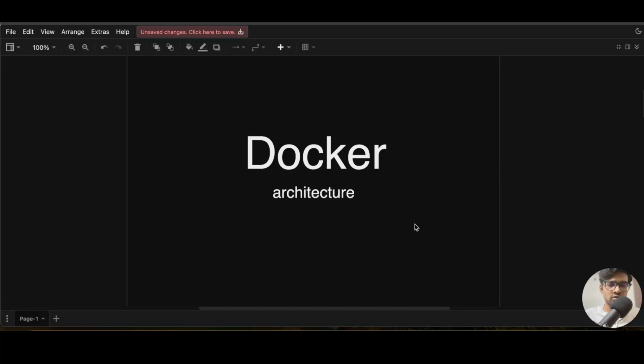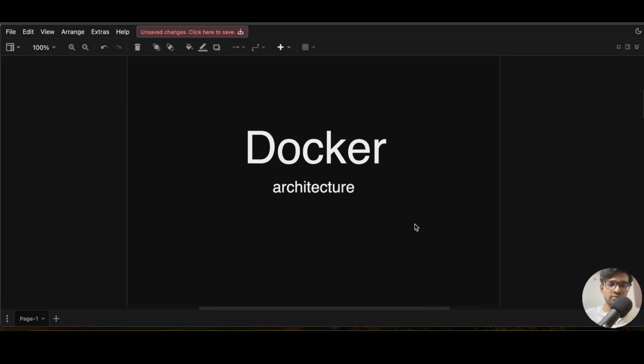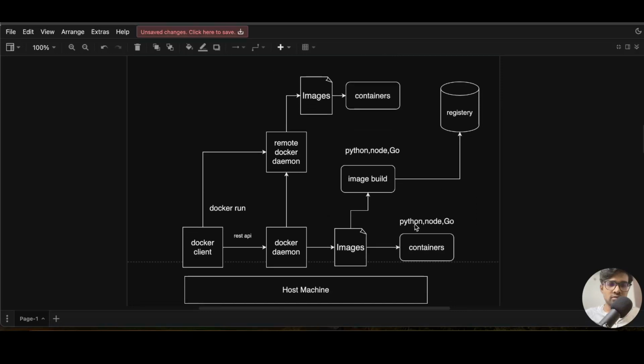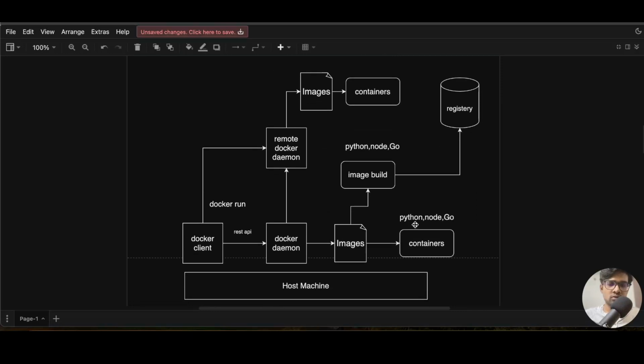In this video of the Docker series, we are going to talk about Docker architecture. Docker contains three main components: Docker client, Docker daemon, and registry. The Docker client communicates with the Docker daemon, and the Docker daemon does the heavy lifting of creating, running and distributing the